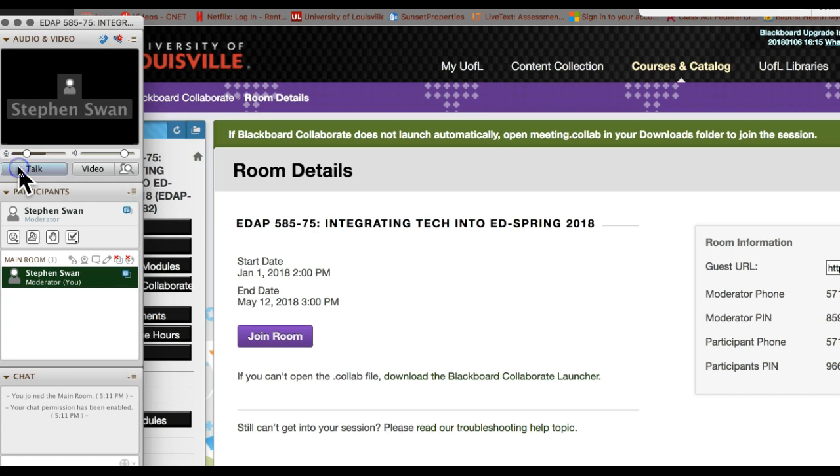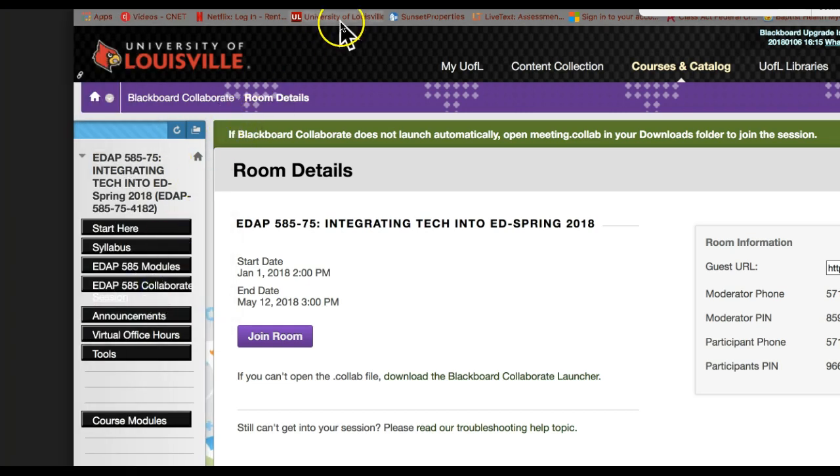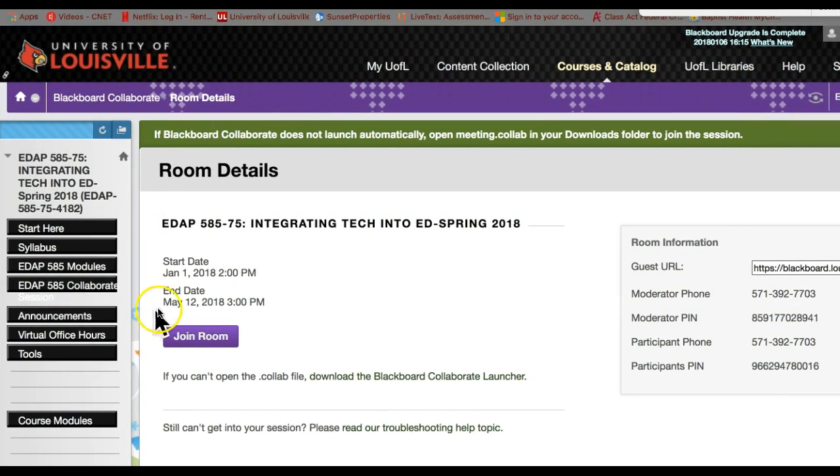The other thing that I need you to do if you're going to be joining us is to make sure you have on a pair of headphones, because the last thing in the world that you want is for your speaker to be doing a feedback loop through your microphone. It makes it sound like you're Darth Vader in space. It's really kind of obnoxious. When you're finished with your Collaborate session, you just come up here and close it out, just like you do everything else. Okay, that's what it looks like in Chrome.